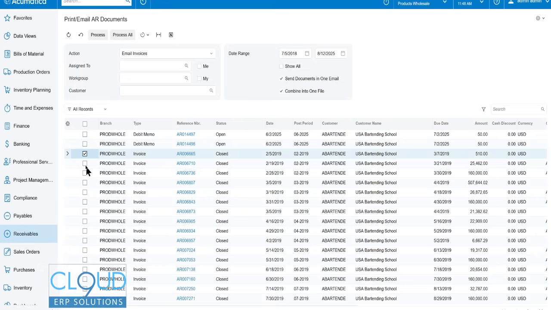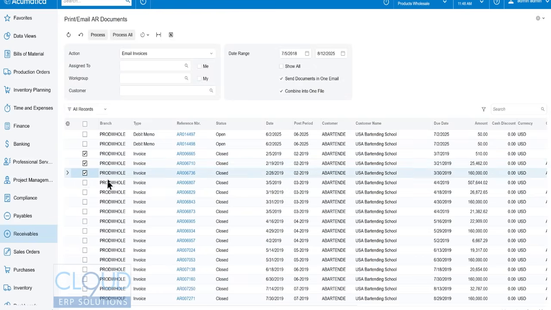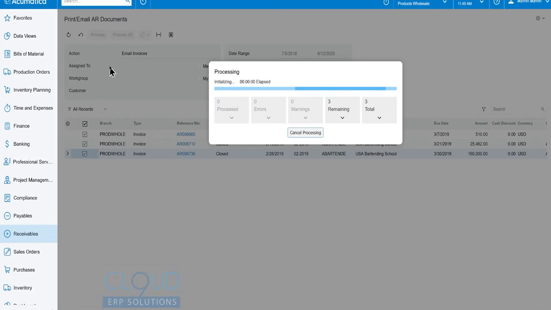So if we select a couple of these invoices, we're in the Print/Email AR Documents screen and we've selected the Email Invoice action. You now have these checkboxes here. If I click on Send Documents in One Email, this is enabled, where I can combine them into one file. So if we process this